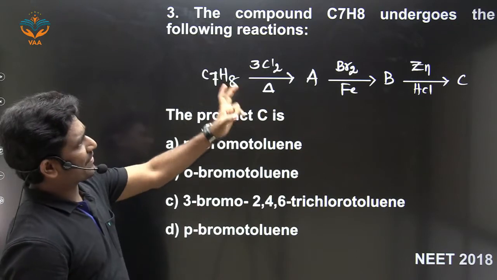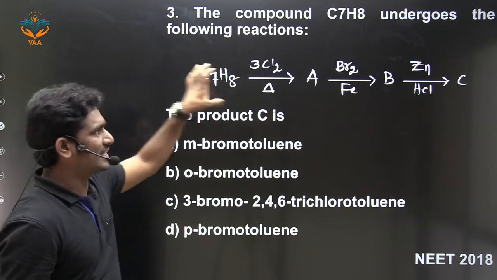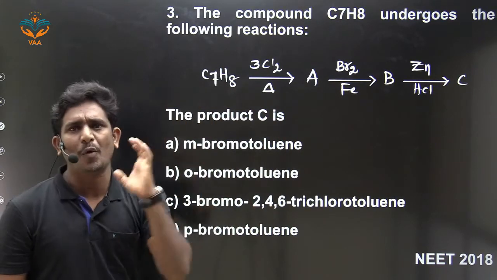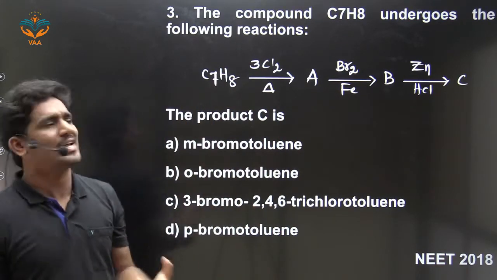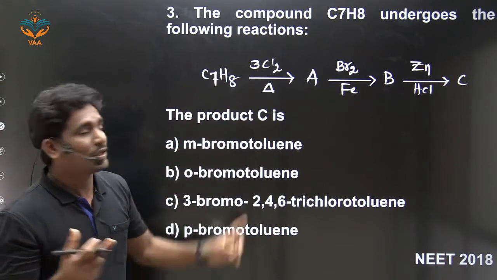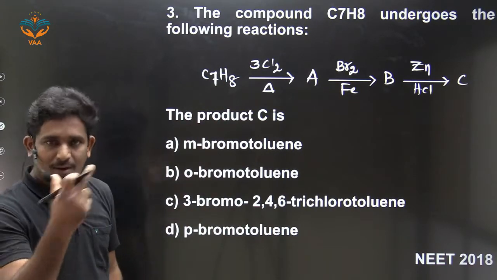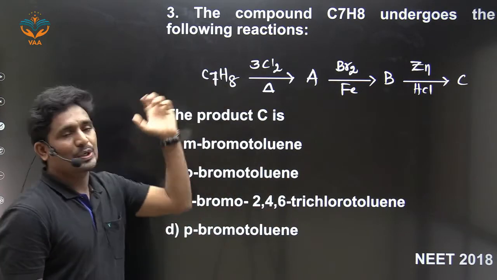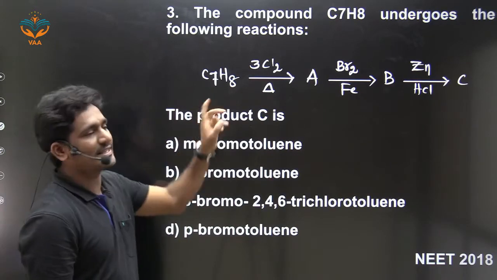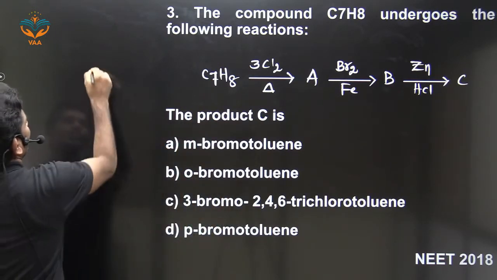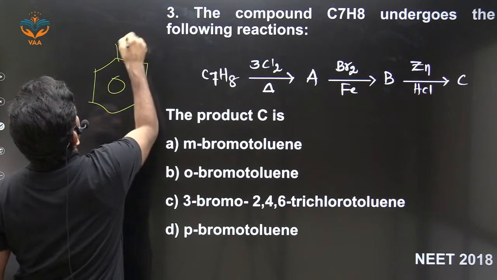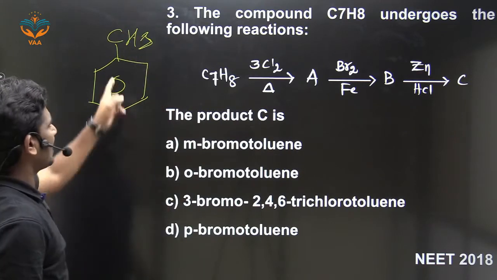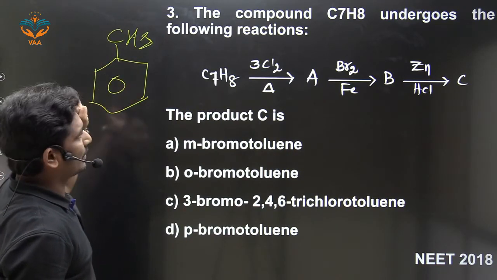The next question: the compound C7H8 undergoes the following reactions. How do you know the structure of C7H8? If you look at the options, you will get the answer: toluene. C7H8 is nothing but toluene, so write toluene, with CH3. This reactant reacts with